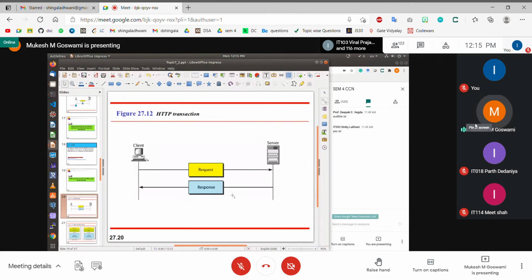Now, as far as the messages are concerned, HTTP is a stateless protocol. What do you mean by stateless protocol? HTTP is divided into request and response. You make a request for a web document, and the server is responsible for giving back that web document. When you make a second request for a second web document, the server does not remember whether you have made any previous request or not. That is, it does not maintain the state of the requests that the client is sending to the server. That is why it is called a stateless protocol.